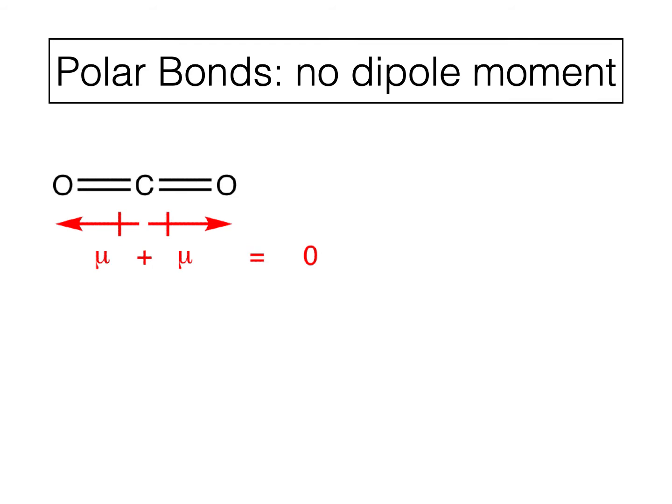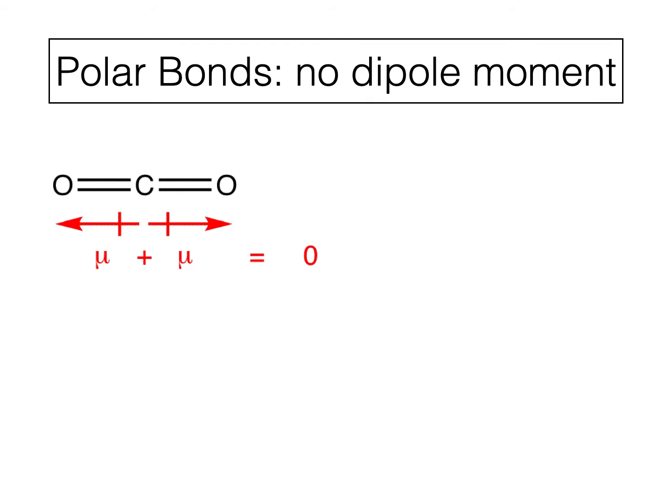Well, if you imagine these arrows represent, let's say, forces. If I had two forces acting on an object, the carbon, and they're acting in complete opposition to each other, and they are equal in size, they would tend to cancel each other out. And if carbon were an object, that object wouldn't move. There is no dipole moment here. So even though the individual bonds were polar, because of the geometry, it being linear,